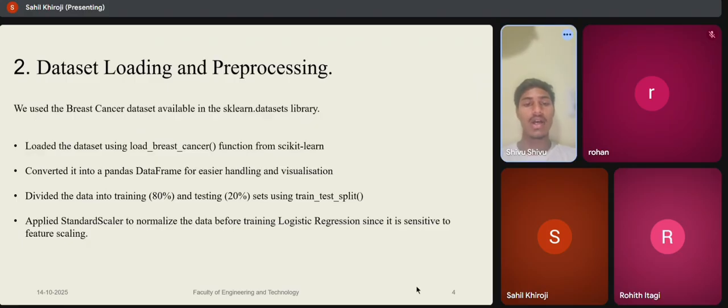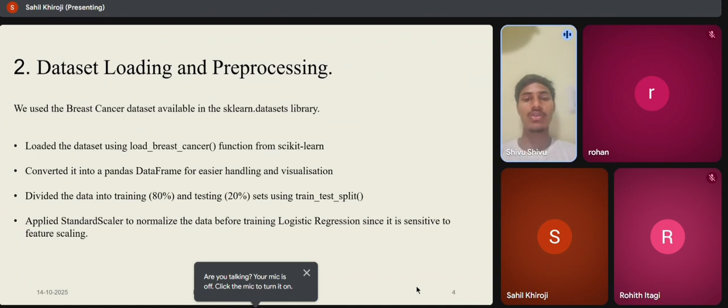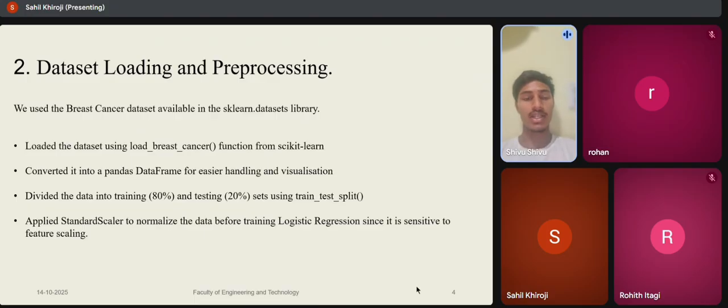Next, we loaded the dataset using the load_breast_cancer function from scikit-learn. Then we converted it into a pandas data frame for easier handling and visualization, which makes it easier to view, handle, and visualize